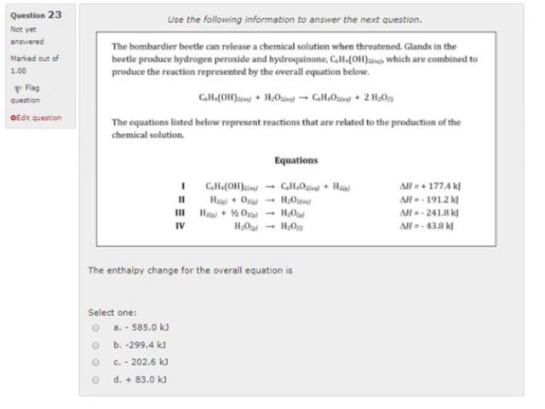A Bombardier Beetle can release a chemical solution when threatened. Glands in the beetle produce peroxide and hydroquinone, which are combined to produce the reaction represented by the overall equation below. So,